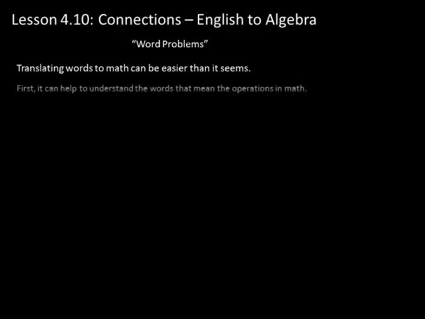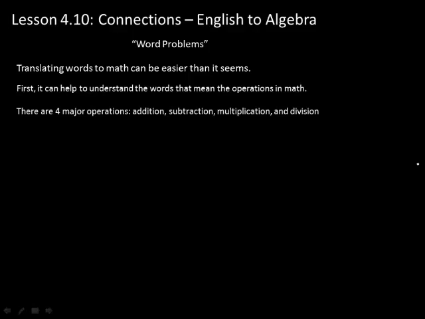Lesson 4.10, making connections between English and algebra. So, translating word problems. It can be easier than it seems, if you understand words that mean operations. There are 4 major operations: addition, subtraction, multiplication, and division. And there are certain words that mean each of these. So for example, for addition,